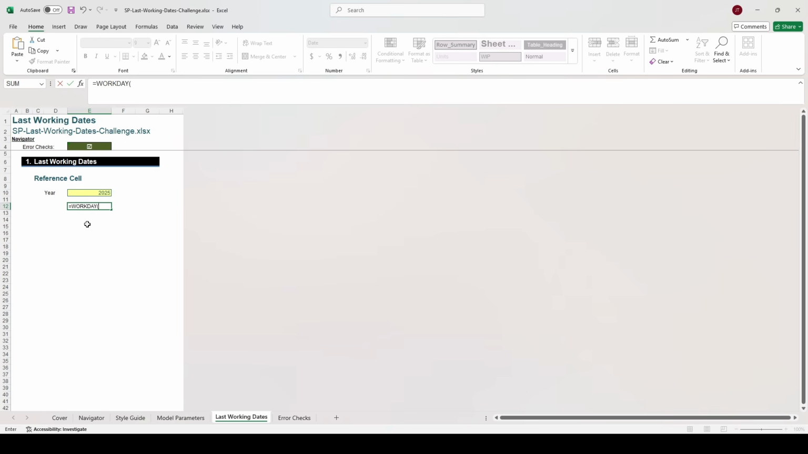So for the start date argument, you want to use the DATE function, and in the DATE function you have the arguments year, month, and day. So for the year, you want to use this reference here, so E10, comma,